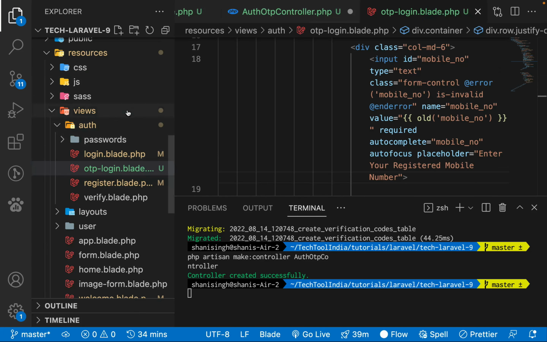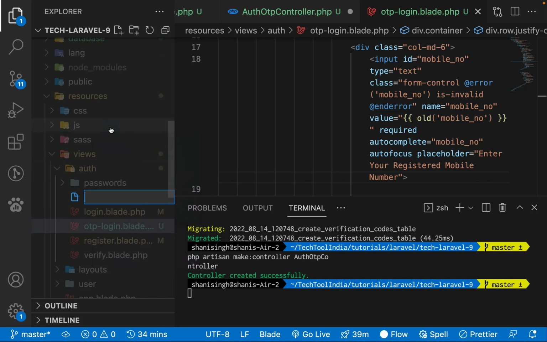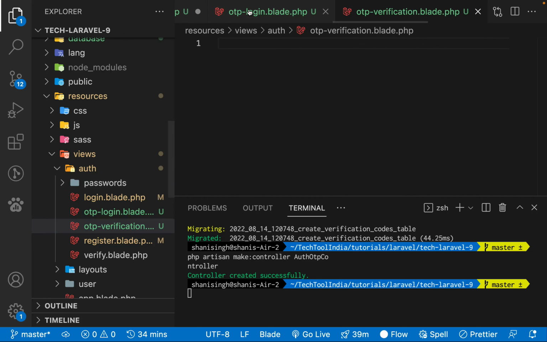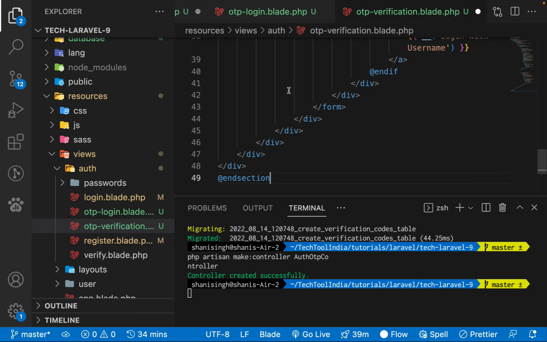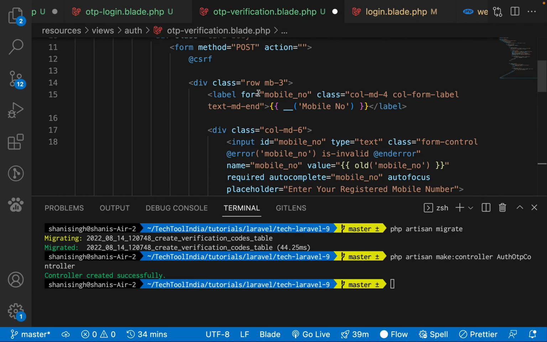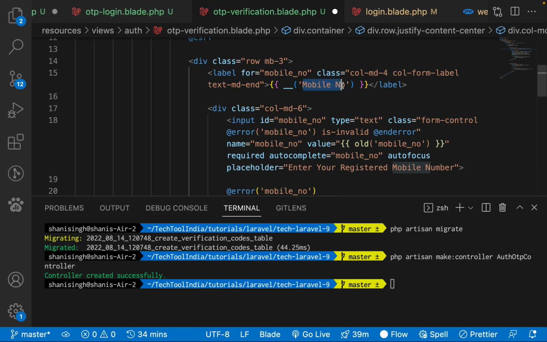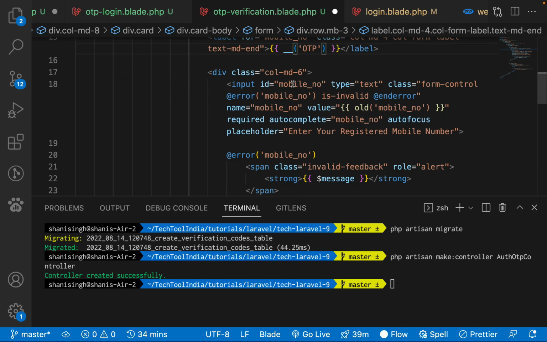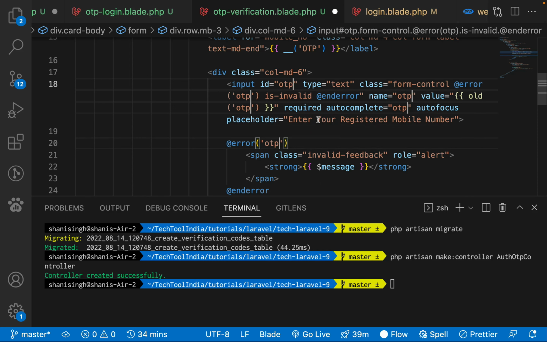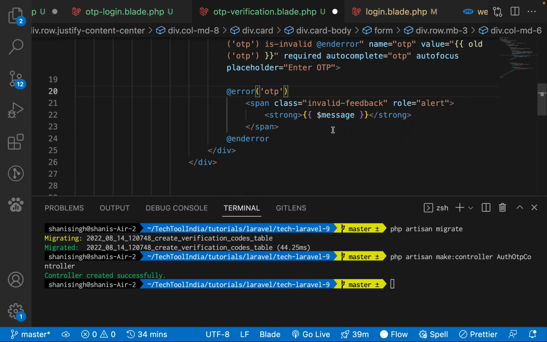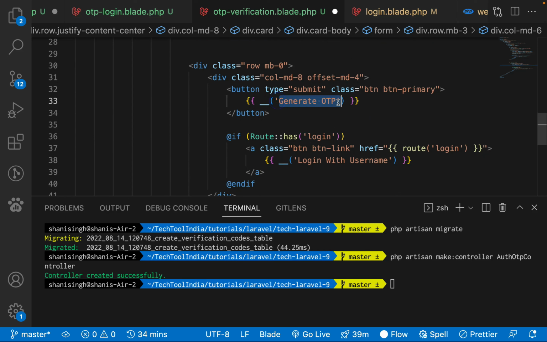So in order to do that, we require an OTP verification view, right? So for that, I will just create a new file inside the auth folder, call it otp-verification.blade.php, right? In that, I'll just copy the same thing from the OTP login blade, paste it here, and now I'll just change a few things here, right? So the very first thing I'll change here, instead of mobile number it should be OTP, right? And then again, everywhere where we have mobile number we should have OTP, and enter one time password, enter OTP, right? So we will have this,